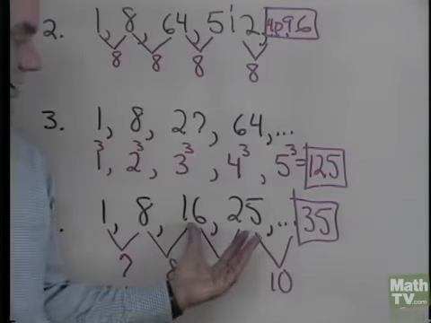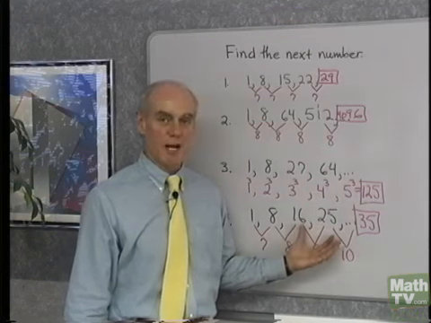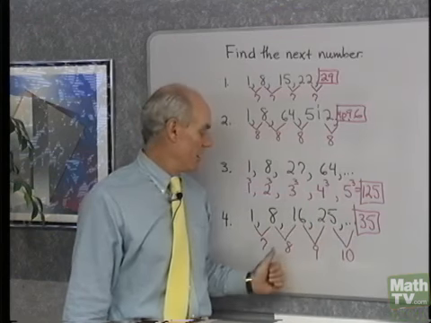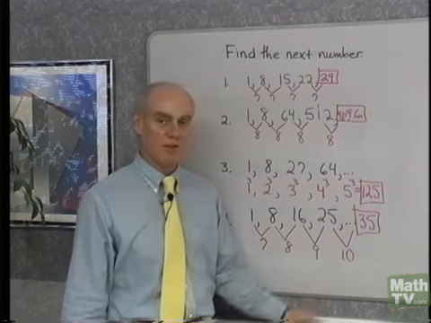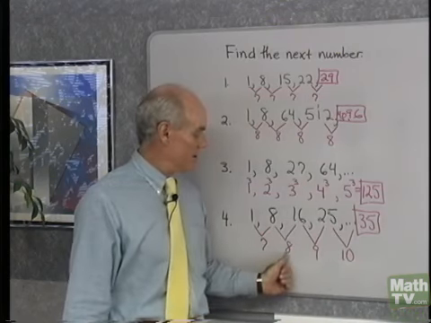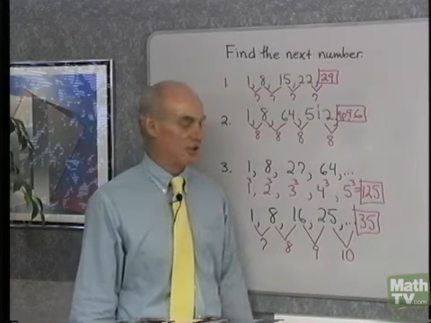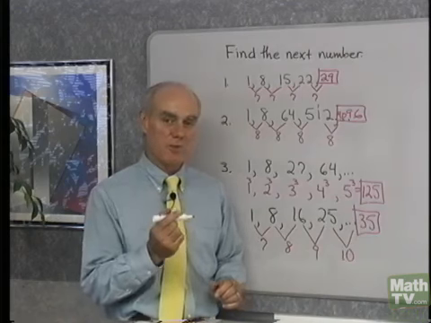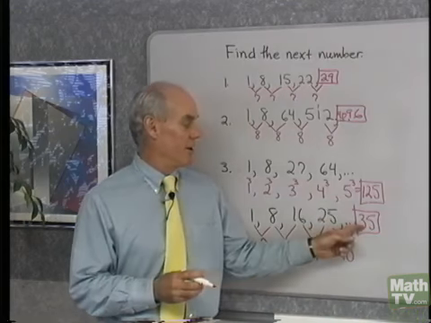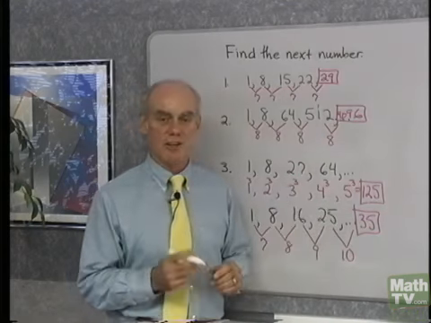So for some sequences, like this one right here, I don't see any particular pattern that involves exponents or anything else. I'll simply look and see if I can find any kind of pattern whatsoever in which to continue that sequence. And here I added consecutively larger integers each time, so I'm going to say that the next number in that sequence is 35. That process that we use of reasoning to find the next number in each one of these sequences, that's called inductive reasoning.